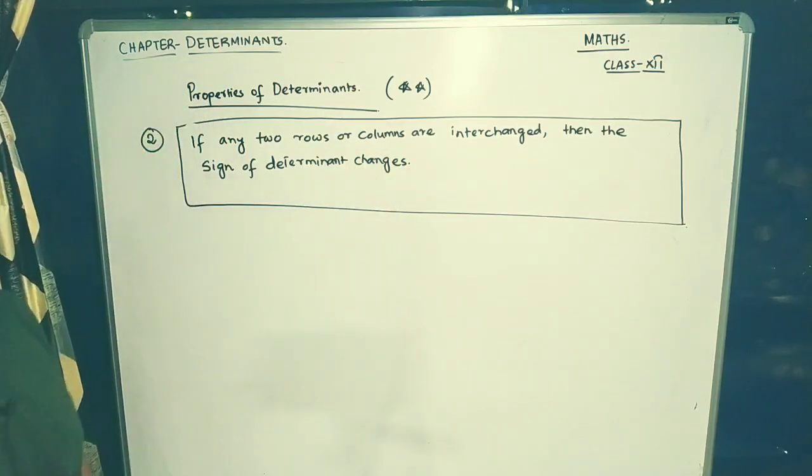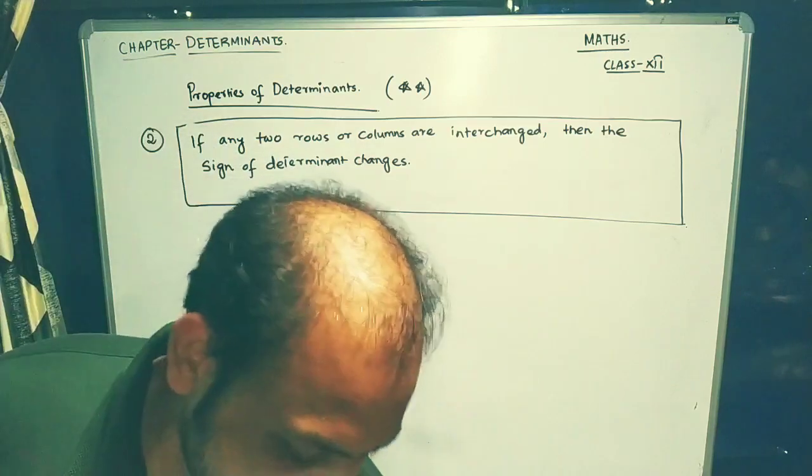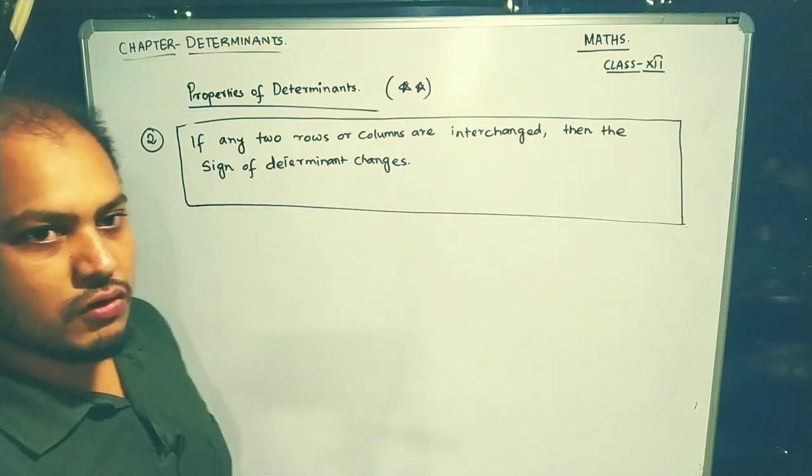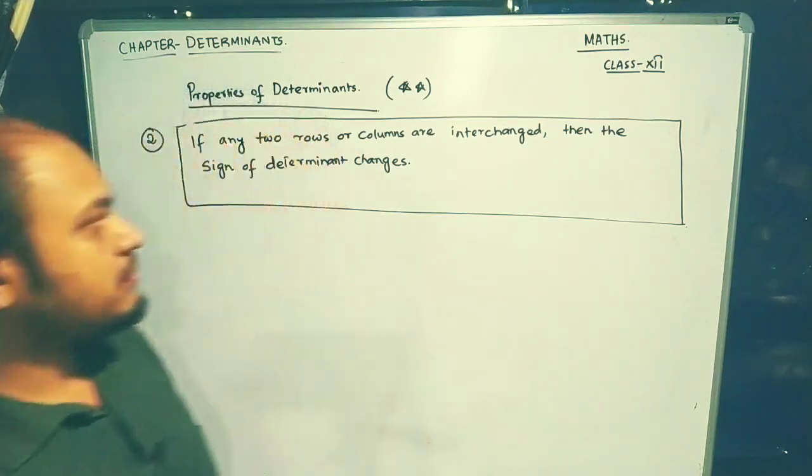This is the second property, a very important property. What does it tell you? It is telling you that if you exchange any two rows or columns, then the sign